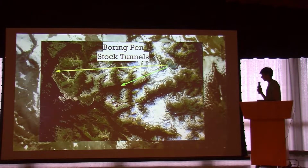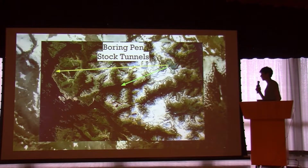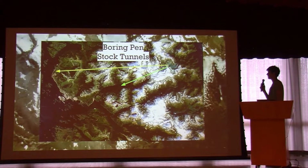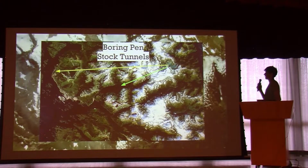So I've talked about this stuff I didn't even realize was on the table, or at least being thought of, until I talked to Cord Christensen for the second time, like a month ago. He said that they've been looking into boring tunnels, which would basically just be one long penstock. So some of the options would be either to bore a penstock, or I guess it would just be a tunnel to Blue Lake,